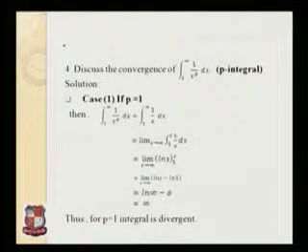Now ln of 1 is 0, and applying c tends to infinity to the term ln c, we have ln of infinity, and ln of infinity is an infinite number. So the answer of this integral is infinite for the case p equal to 1. Thus the integral is divergent when the value of p is 1. Let us consider another situation. Case 2, if p not equal to 1.